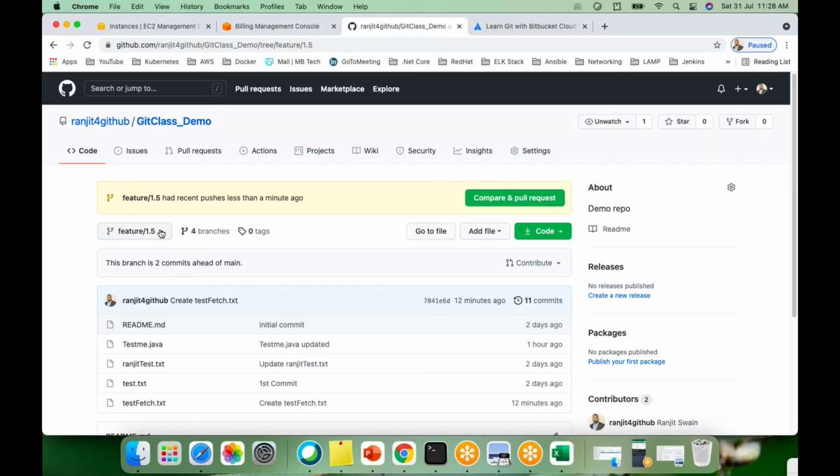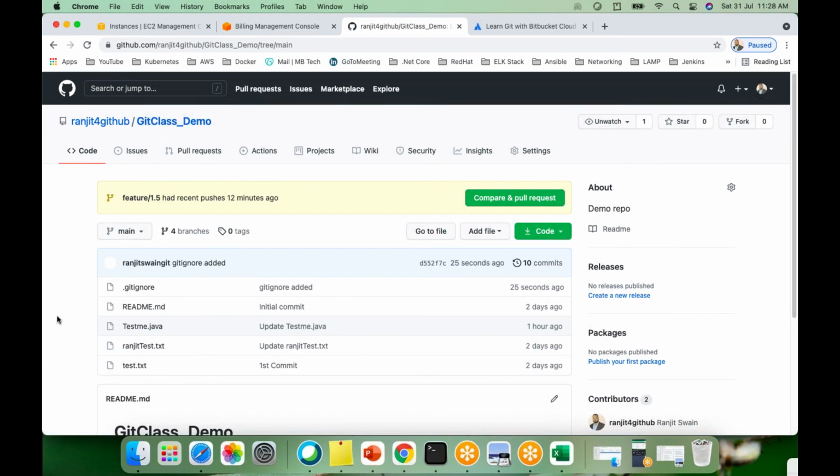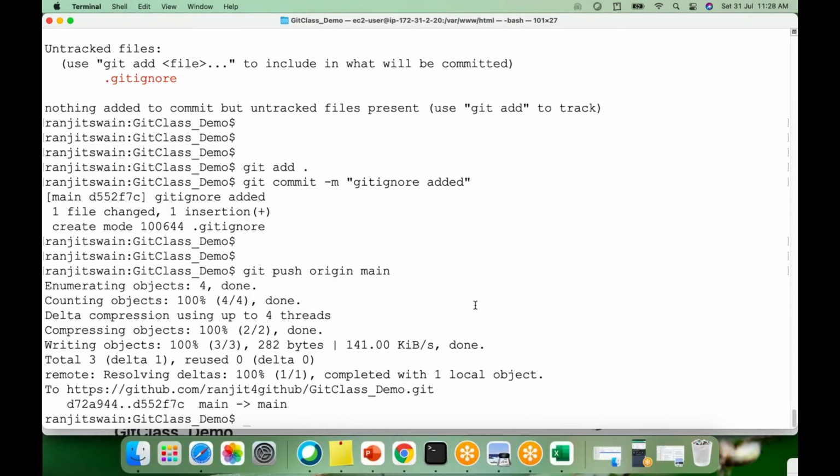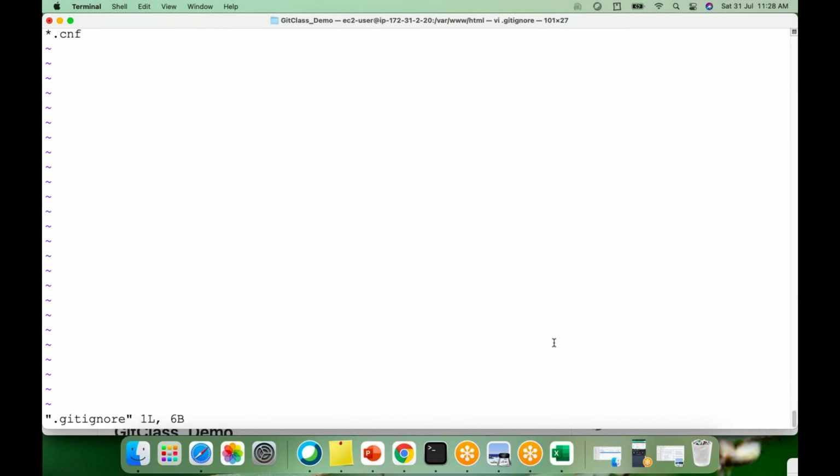Now I'm going to git add, then git commit -m "gitignore added". Okay, it's done. Now when I do git push origin main,